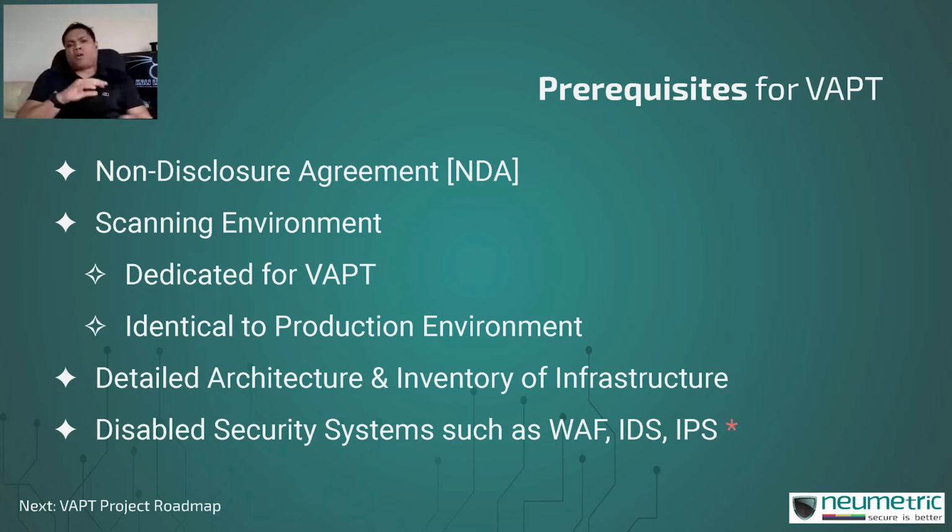If you're not creating a scanning environment that is identical to the production environment, you're not going to be discovering all of the vulnerabilities and weaknesses and the various methods of exploiting those weaknesses. Effectively speaking, you will achieve a partial level of security, and worse than that, you will end up having this false sense of security that your production environment is safe because you conducted VAPT for an environment that also belongs to you. Although your production environment probably continues to have weaknesses that are either undiscovered or otherwise have been discovered but not yet remediated. In either case, please avoid this.